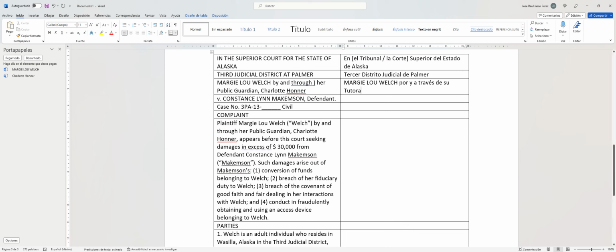We will use the translation for public guardian as tutor, but in this case, as she's a woman, we will use tutora. We can use either way, or tutor, which is the masculine version. Remember that in Spanish we have feminine and masculine words for almost every word. So we can use tutor or tutora, Charlotte Honer,